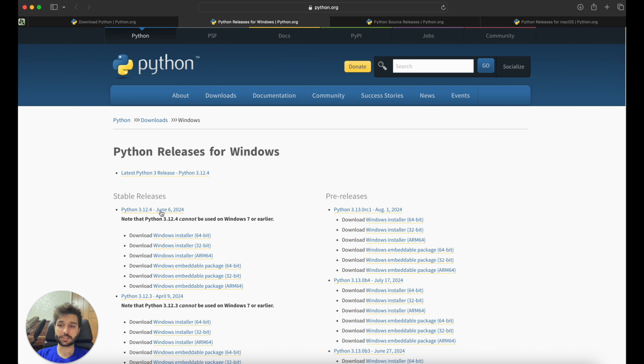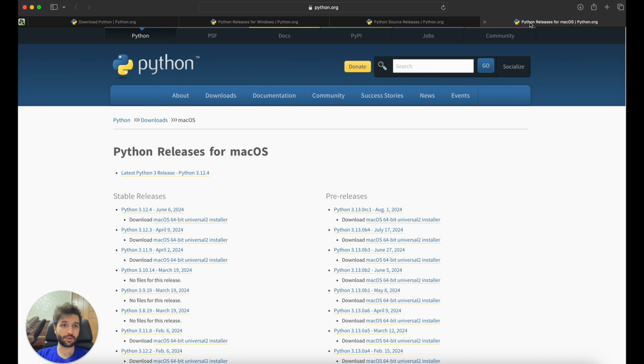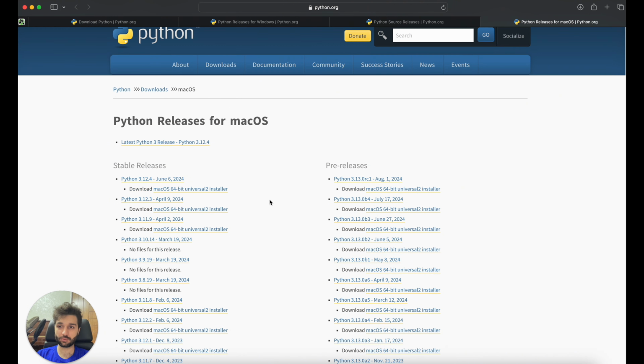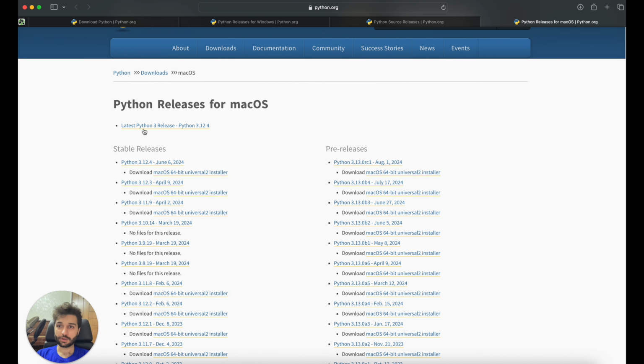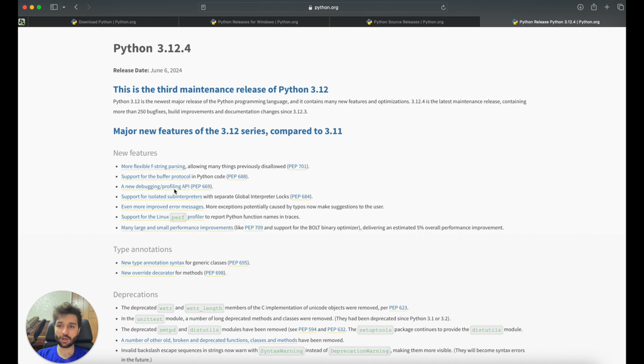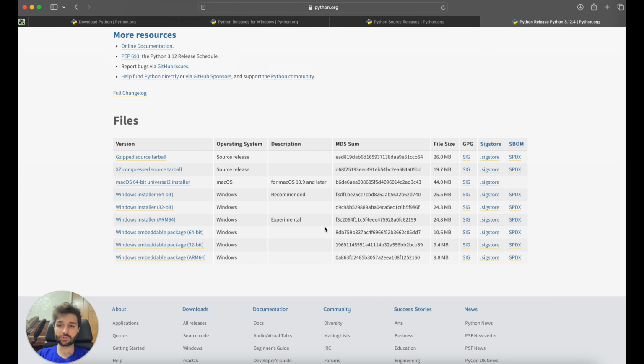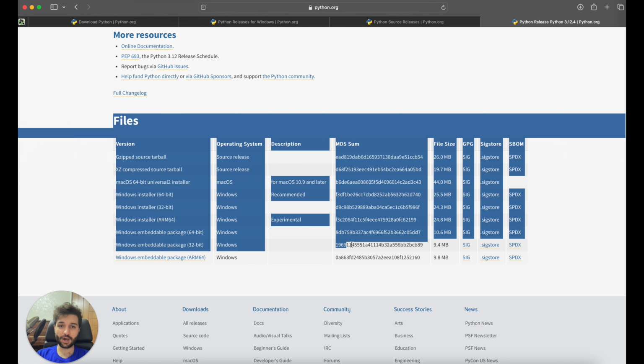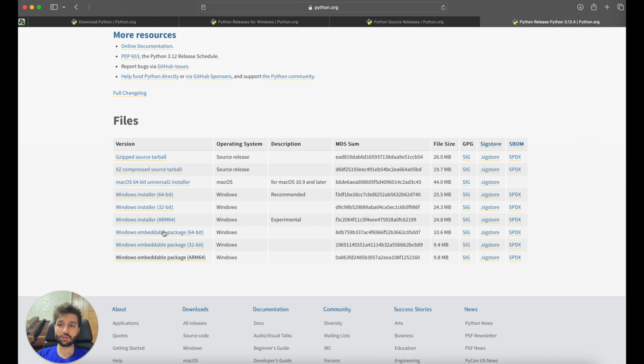Find the stable release, and when you tap on that, let's go to Mac because I'm using macOS. For example, this version, when I tap on that, it will redirect us to another page that shows the release dates and many other things here. When you scroll down, you can see the files here. You can simply download everything you want. For example, for Mac, I should use this one